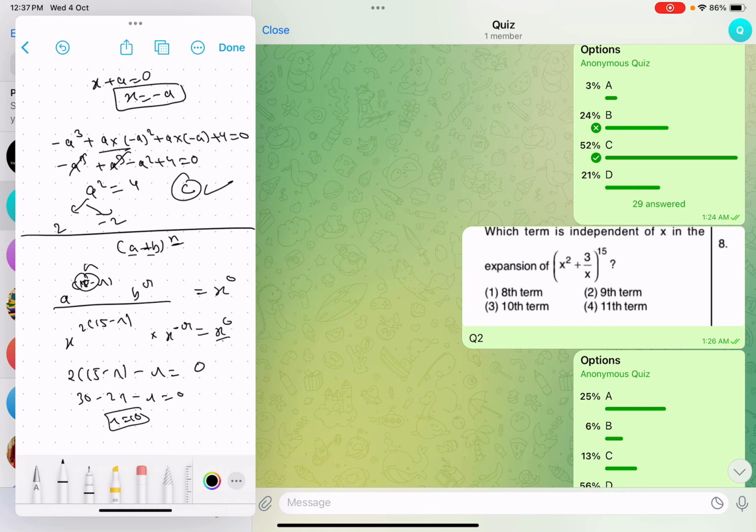Okay, so r is equal to 10 does not mean that 10th will be the answer. Always the term will be r plus 1th term. Okay, like when you do ar to the power 9, then this is actually 10th term in GP, na? T10, this is in T9. Okay, same logic here as well, r plus 1, so 11th term, so 11th is the answer to this question.